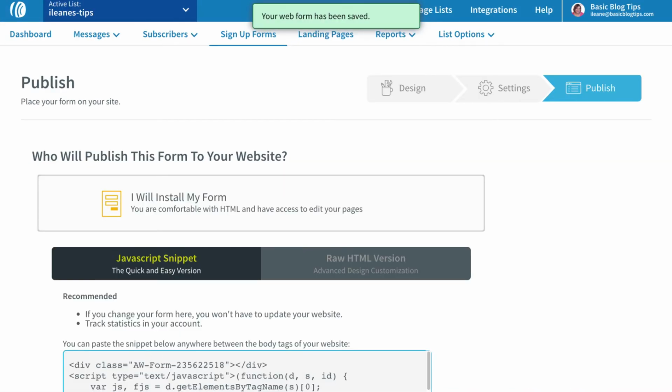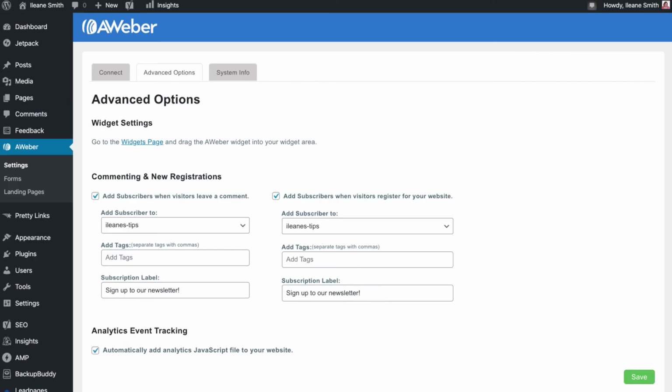Here's the HTML code. Now in my case, because I'm using WordPress.org, I have the Aweber plugin installed. See that there over on the left hand side? And so I've chose the list. And if you have a free plan, you're only going to have one list. So you'll have that all loaded up in there.